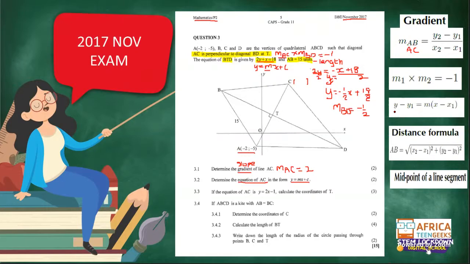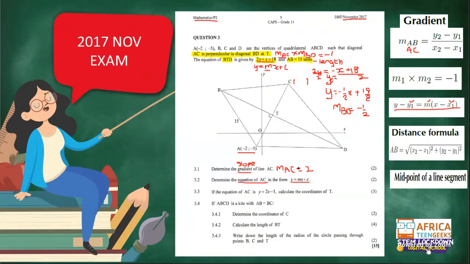And according to this equation, if you want to find the equation of a line, you just need 1 point and a gradient. Okay, so for line AC, we do have